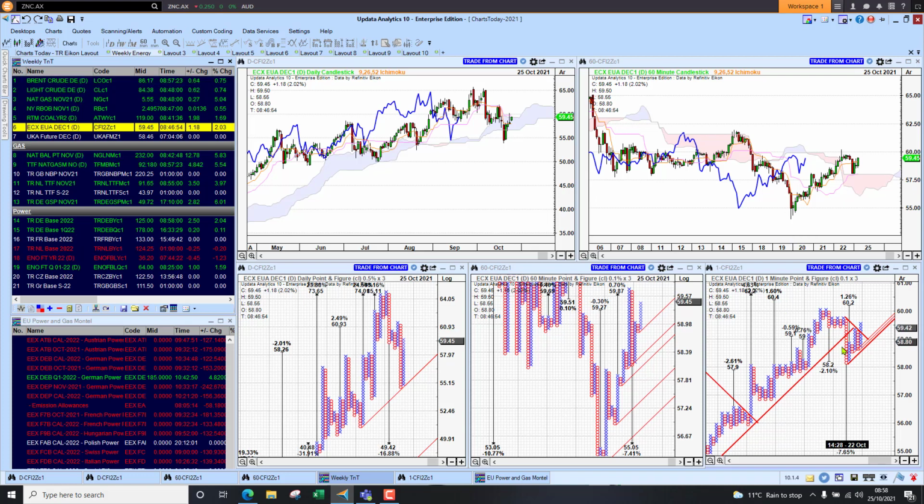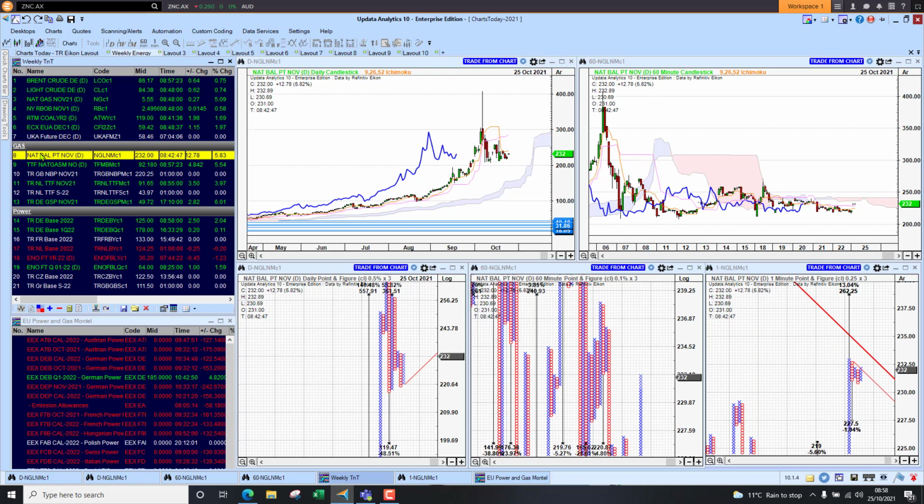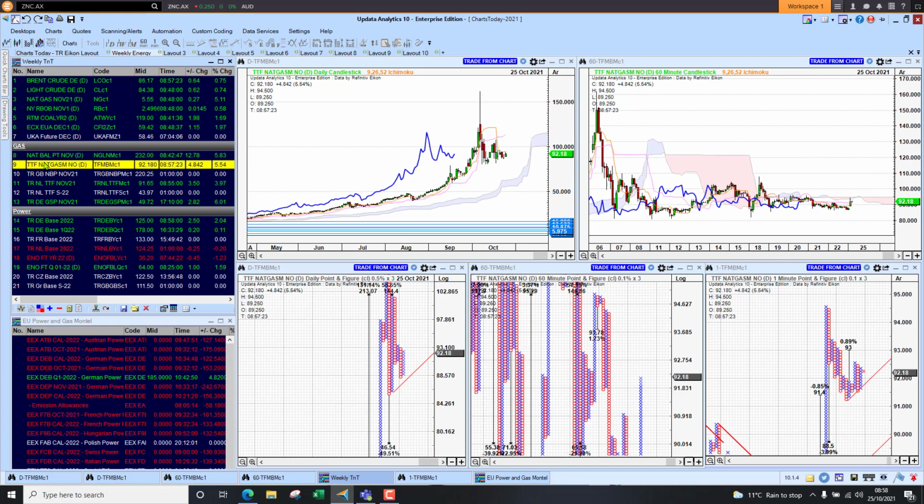The 1 minute chart looking a little bit better than it was, but still looking questionable. Maybe we found support on the cloud last week, which is where we bounced, so we're just going to watch that. Gas is up 5% this morning on NBP, nearly 6%, but still has a lot of work to do to break higher. We're neutral. We're actually bearish on NBP at the moment, neutral on TTF, but obviously they will follow each other.